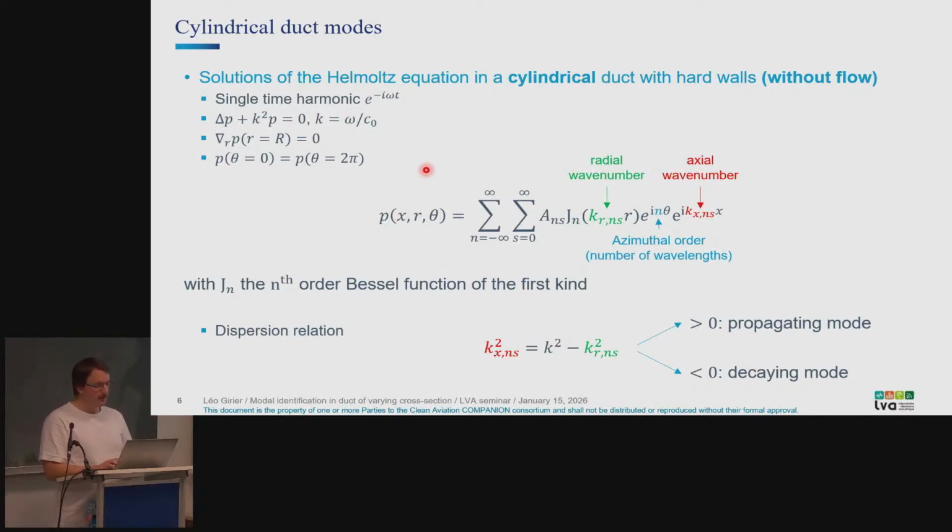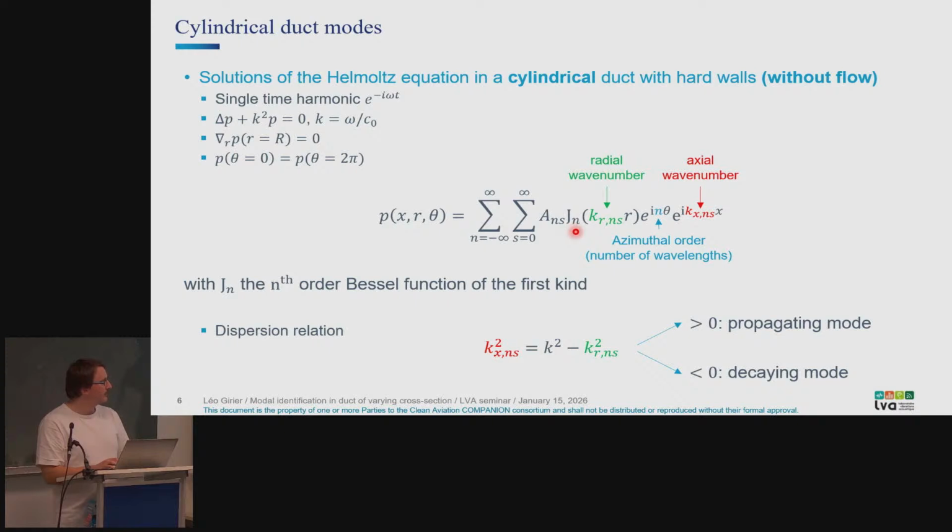So in this context, we solve the Helmholtz equation, which is the wave equation in the frequency domain. So for a single time harmonic, with hard wall boundary condition enforcing no flux through the wall and periodicity in the azimuth, the solution is this nice looking modal solution in x, r, theta, where you have a double sum, one on what we will call the azimuthal order, n, and one on the radial orders, s. So it is composed of a complex coefficient, the amplitude, which relates to the amplitude of the mode,